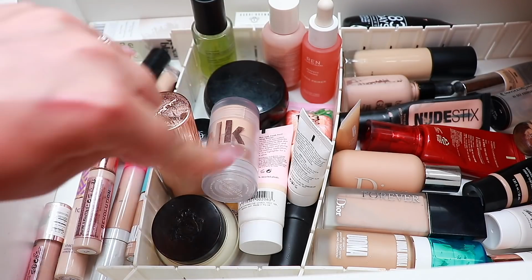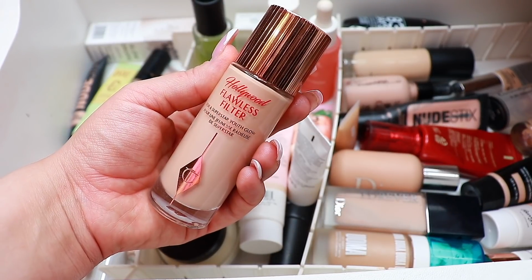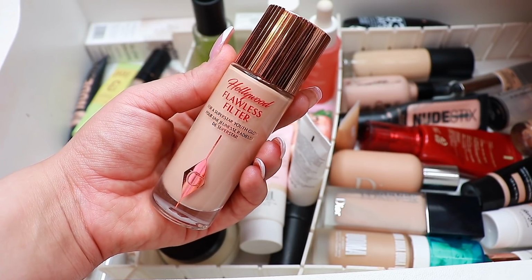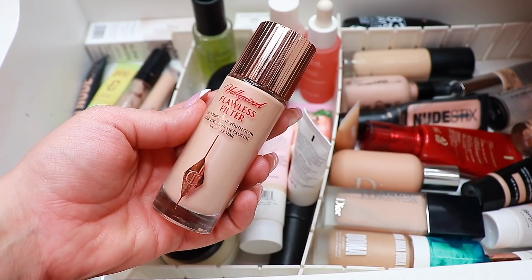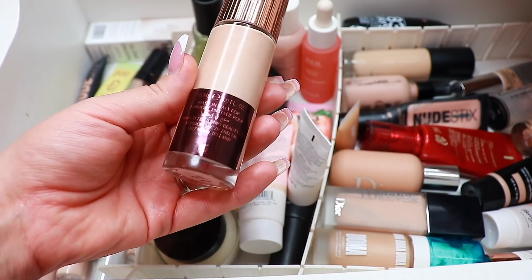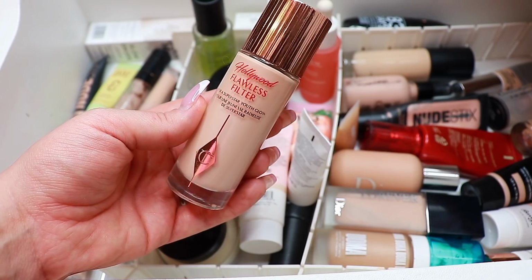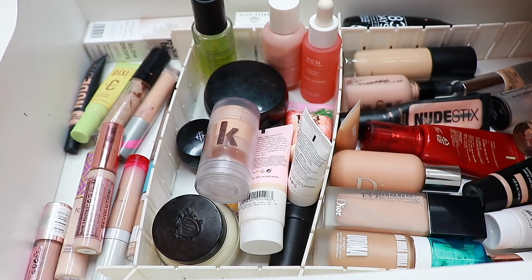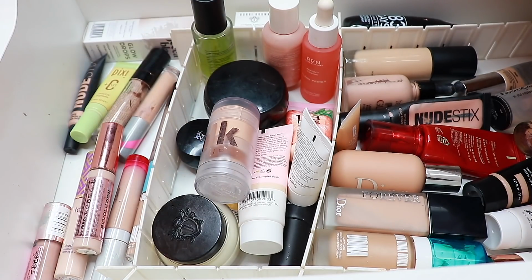So for primers today, we have this little section right here, and I actually caved and purchased this one. This is the Charlotte Tilbury Hollywood Flawless Filter for a Superstar Youth Glow. It's everything and anything you want it to be, okay? I wanted it to be $1 million, and it hasn't really been that for me, so I'm sad. No, but I have or haven't, I don't know, uploaded or will upload a first impression on it. I am gonna use it in some other videos that you will see as well. So I'm not gonna say more than that, but it is way different than I thought that it would be. But I bought the shade 2. If you were wondering, I looked at some reviews and whatnot, and I thought that it would be the best